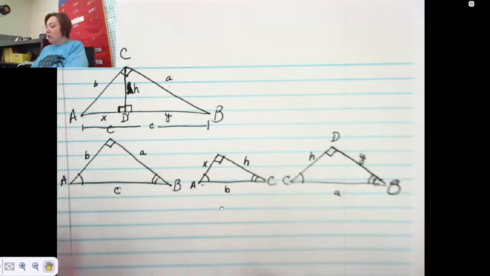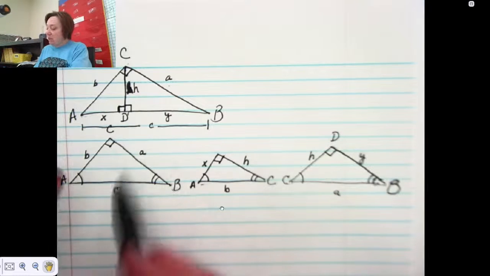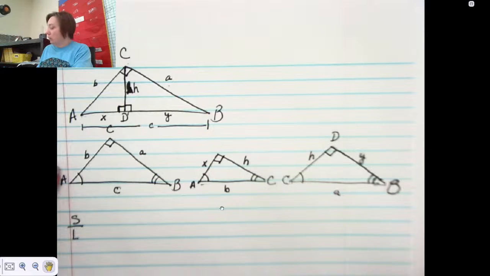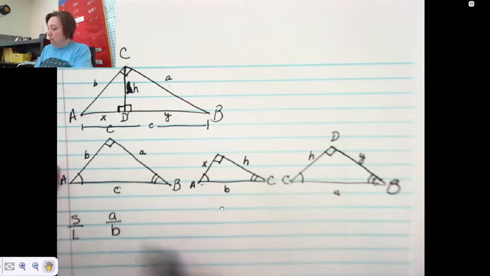Now, since we know these three triangles are similar, we know that the ratio of their sides has to be the same. That's what we know about similar triangles. We learned that last week, or week before last, right? So if I set up short side to long side for every one of them, that would be A over B. Nope, I just said that backwards, didn't I? That would be B over A